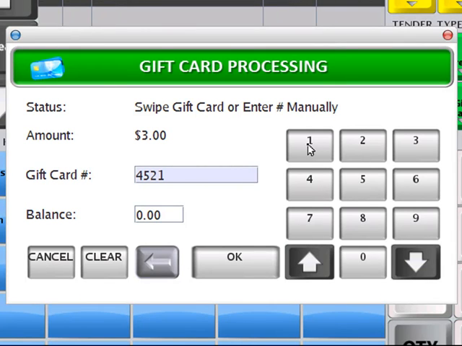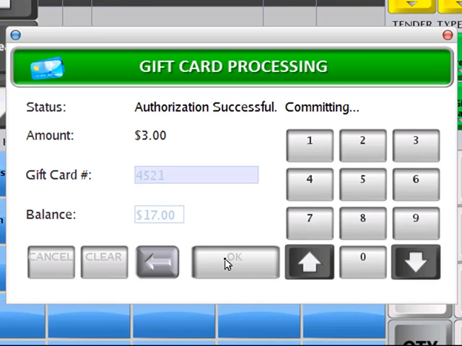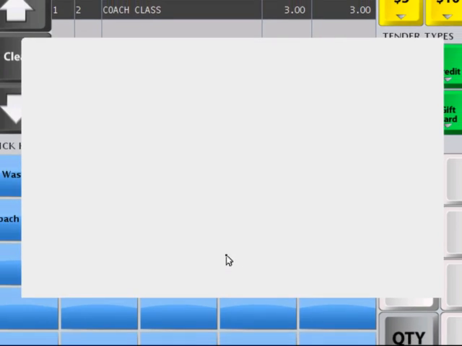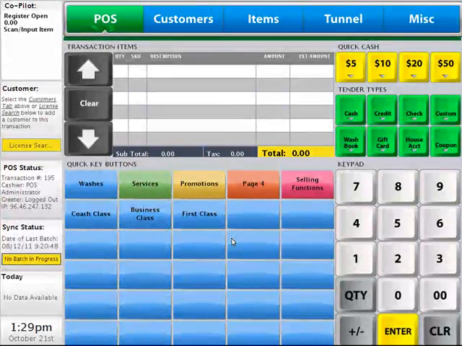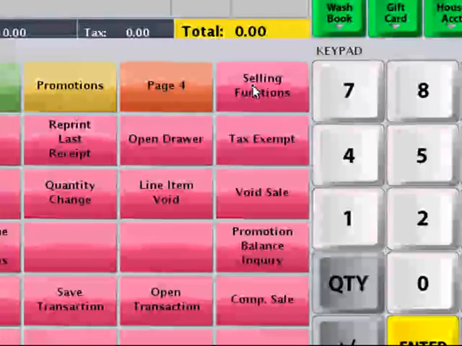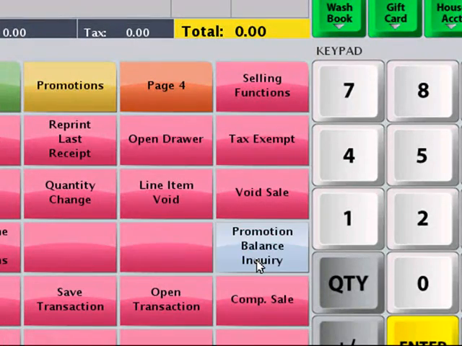Keep in mind that if a gift card with a magnetic strip were to fail for whatever reason, the cashier could always manually enter the number as well. We'll click OK, and this transaction will now be completed, and the $3 balance will be deducted off our gift card. We can return back to the promotion balance inquiry,